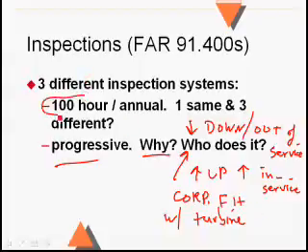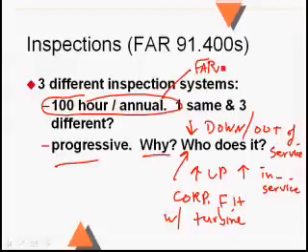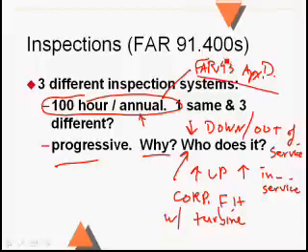And the 100-hour annual inspection, the list of the things you've got to do are in FAR 43, Appendix D. In fact, the name of Appendix D is Scope and Detail of 100-Hour Annual Inspection. So you can do that on an airplane or a helicopter, and you don't have to call the FAA up or do any paperwork. You can just do whatever's on that list in FAR 43, Appendix D, and you're good. But progressive inspection, you have to write this up and submit it to the FAA, take it to the local FSDO, and they have to approve it before you can get going on it.